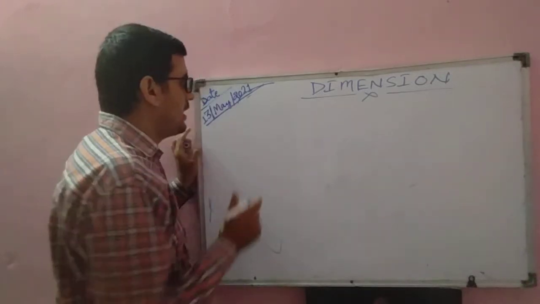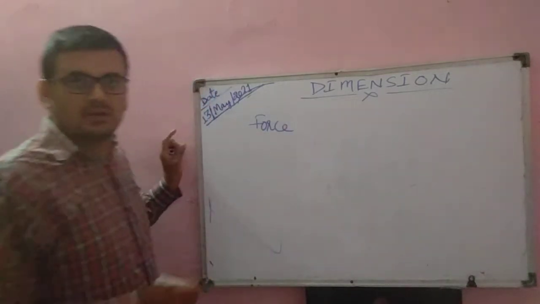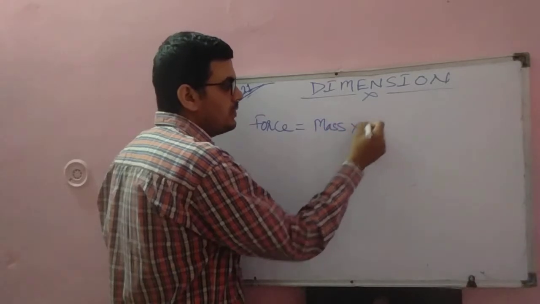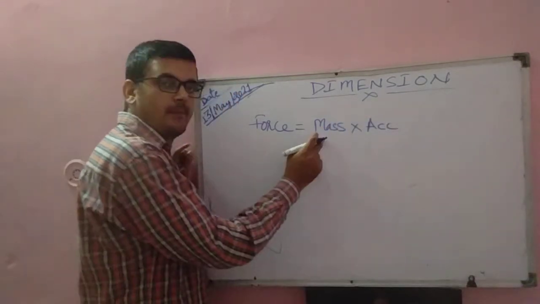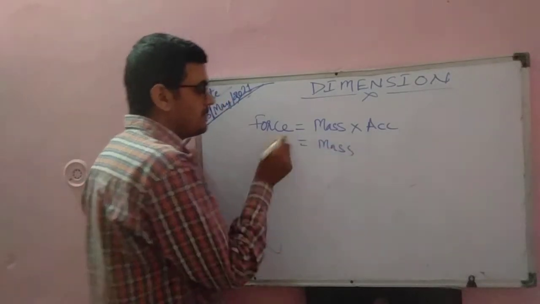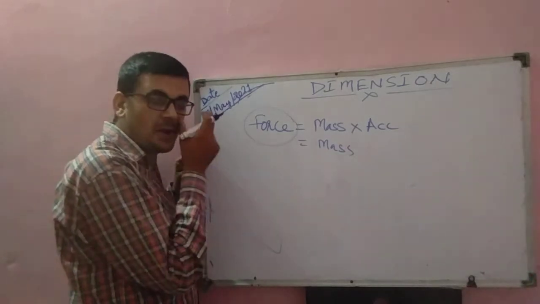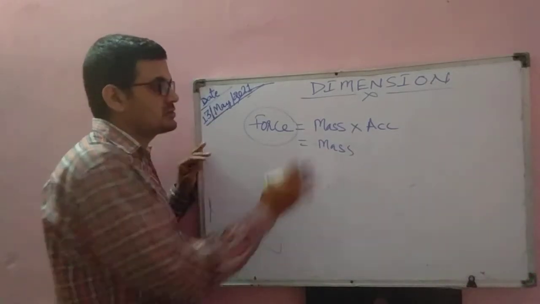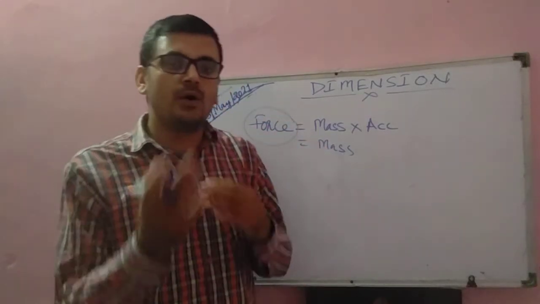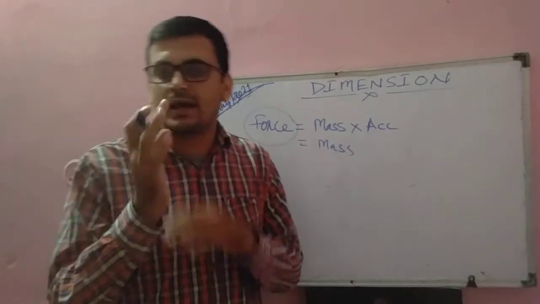Okay, so beta, I am explaining this topic by using one example. I am taking the example of force. So many times I have explained force. What is force? Force equals mass into acceleration. Force is a derived physical quantity. I have already told you derived physical quantities are combinations of fundamental physical quantities. So at that time I told you that we have to know how we can break the derived physical quantity into fundamental physical quantities.